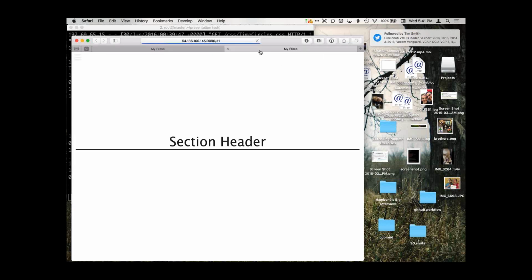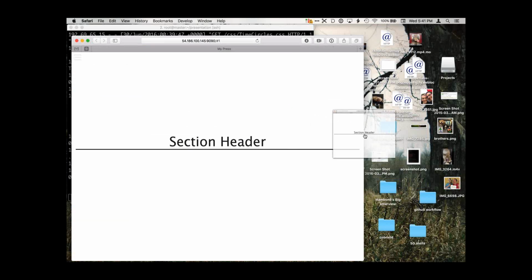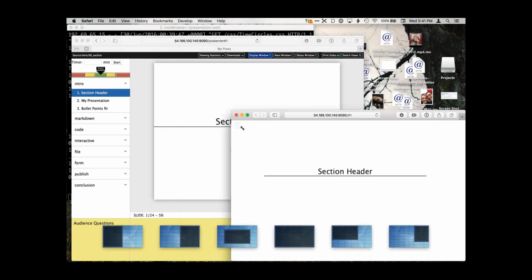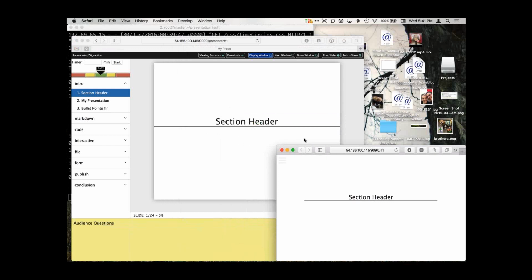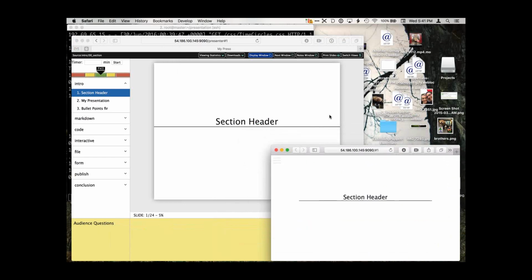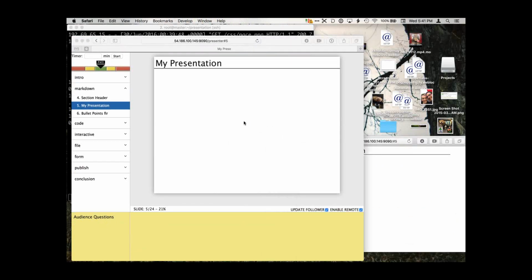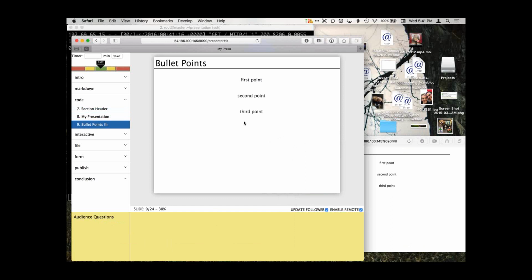Display window will pop open a new tab, and you notice that this is like an audience view of what this presentation is. So I'll drag that out, and I'm just going to stick it over to the side here, but let's pretend that that is up on the projector. I'll make it real small because we don't actually care what's on it. You're just going to pretend it's there. And you'll notice that as I move along, that slide also changes.